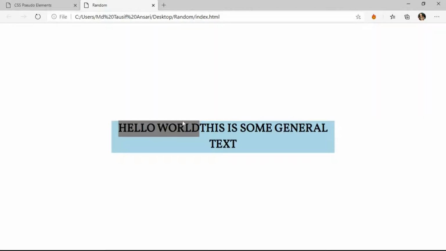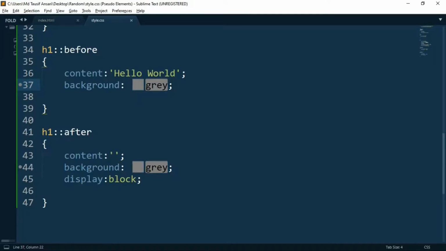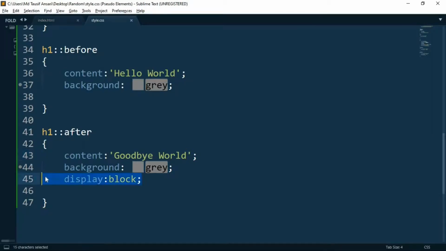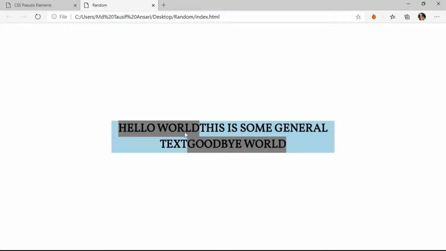As you can see, this can be used with some handy effects. And let's just do the same with the after pseudo elements. Let's just say goodbye world, and okay, let's just delete this, save it and refresh it. Okay, so as you can see, the after and before pseudo elements have taken effect, and they are just beside